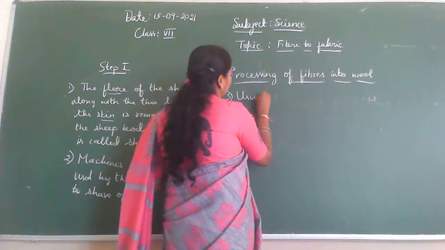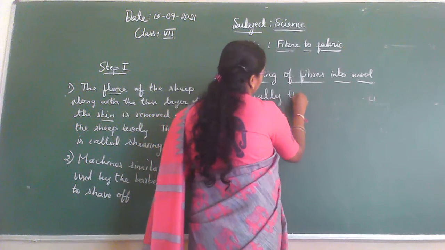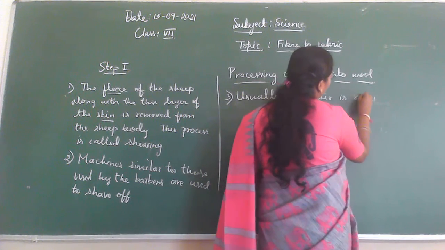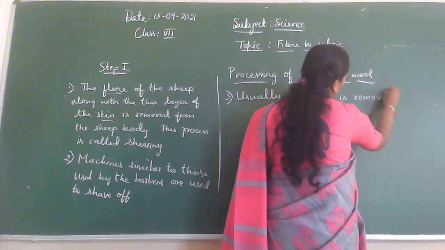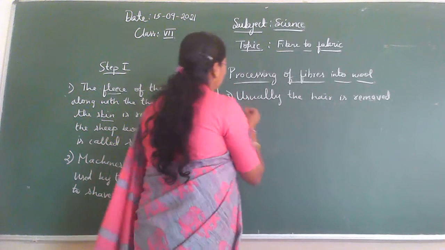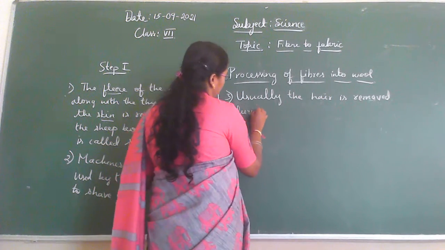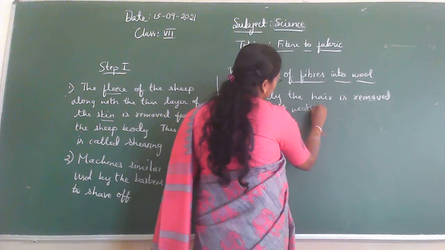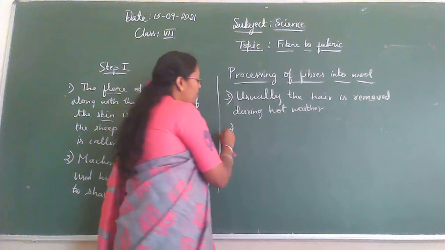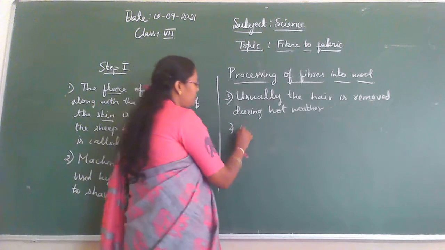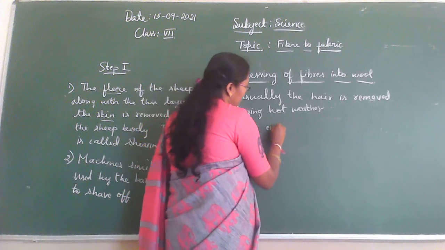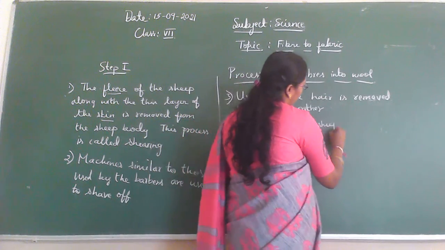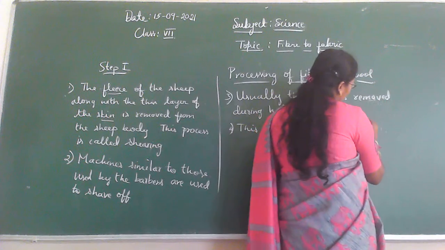Usually, the hair is removed during hot weather or summer season. So what happens? This enables the sheep to survive. To survive means